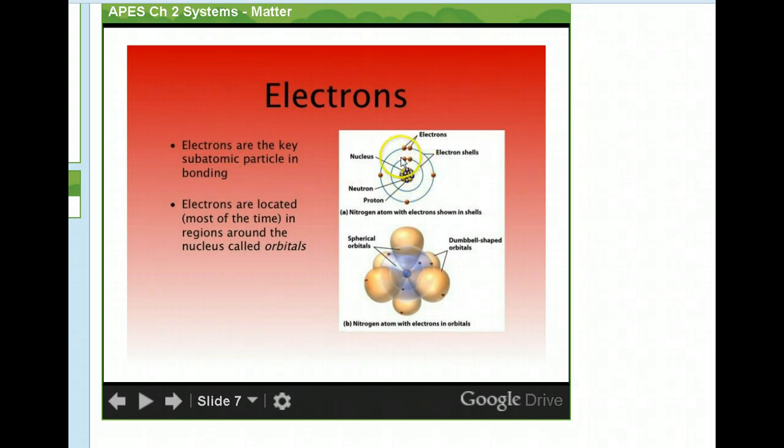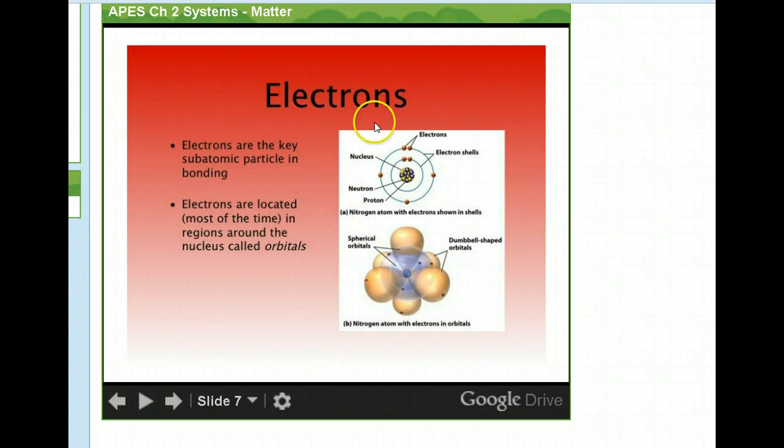These circles right here are called the shells. In the first shell of an atom, it can hold 2 electrons. In the second shell, it can hold 8. And then it continues on. The next one, if there was another shell, would hold 8. So there's a particular number of electrons in each shell. These little electrons really live in something that looks like this, not this. This is the old school Bohr model of the atom, and this is the way we think of atoms now, that electrons live in particular shapes called orbitals.